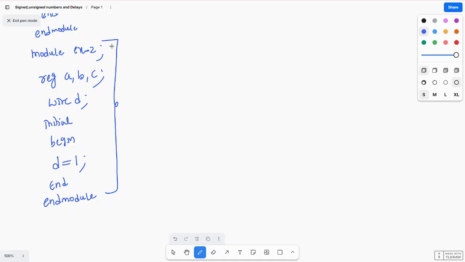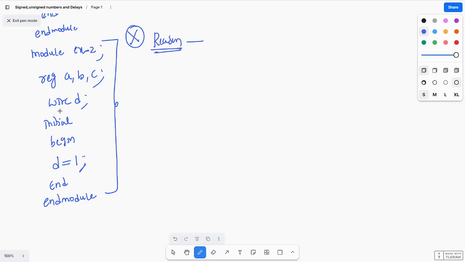What you are telling, I am not able to understand. Initial d equal to 1, I initialized. After begin, I initialize d equal to 1, end and end module. So if it is compiled, how will it compile? If it is not compiled, why is it not compiled? So see, it is not compiled. Okay, why? Because